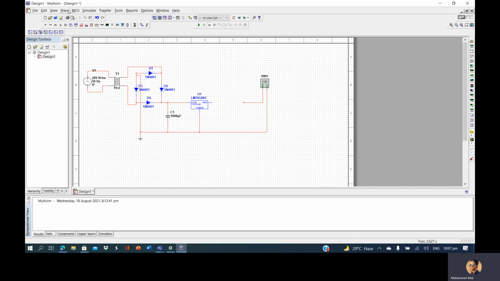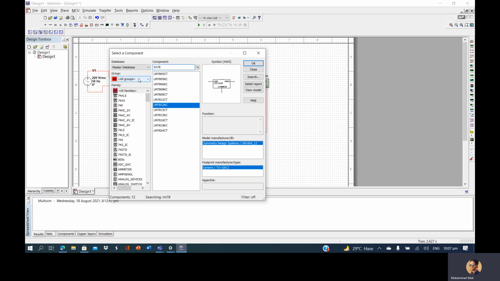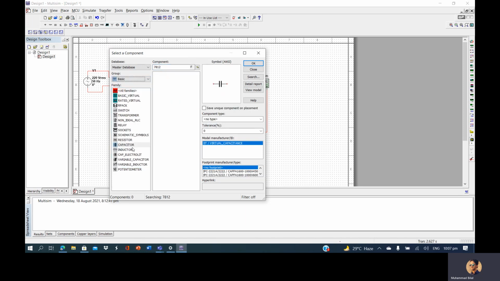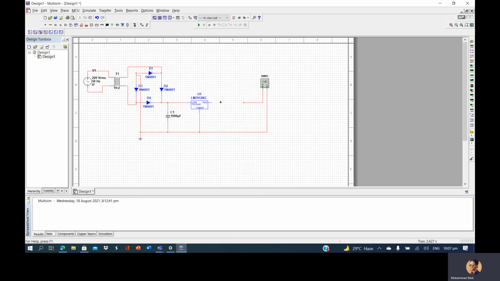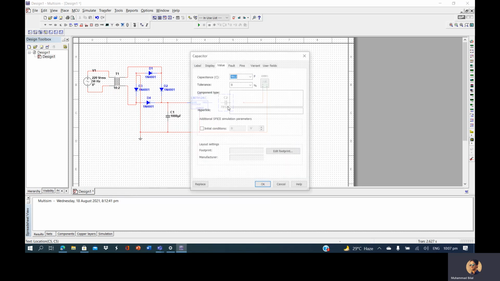So there are different kinds of components also available. Now we can connect a simple capacitor as well. Different kinds of capacitors, resistors, and inductors are also available in the software. We can simply place it over here and change the value as well.